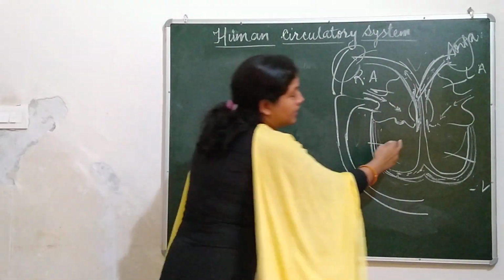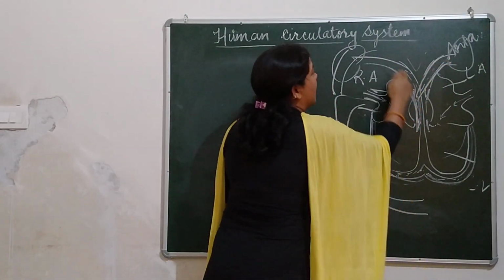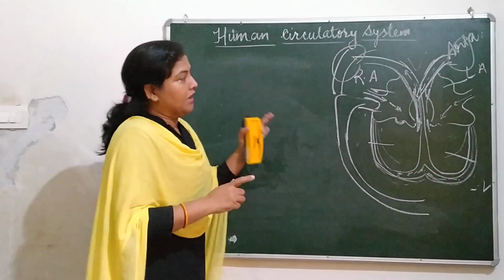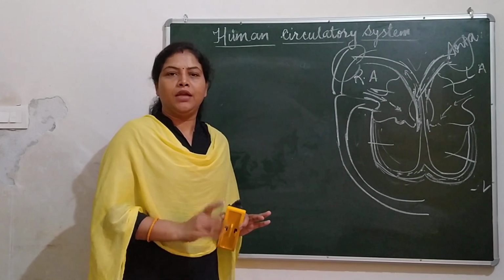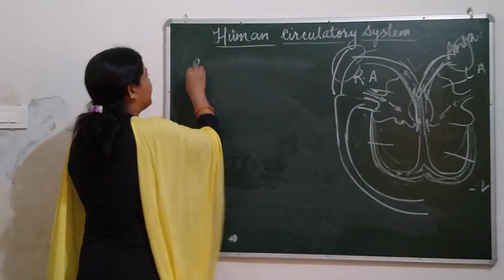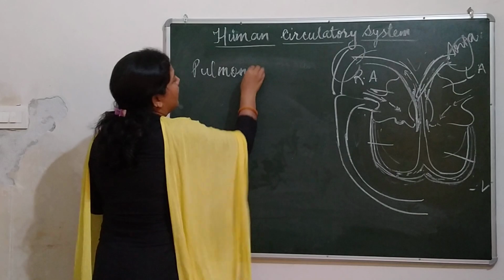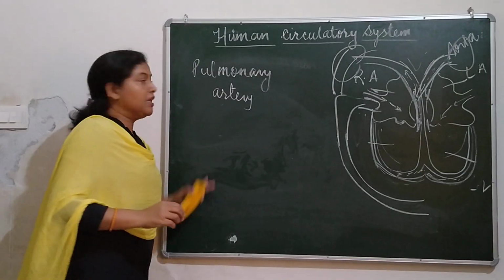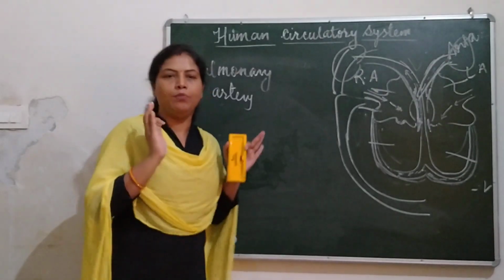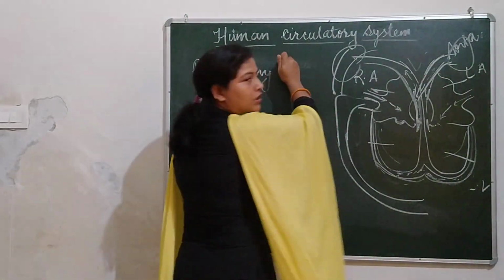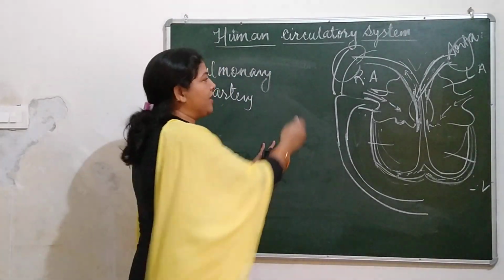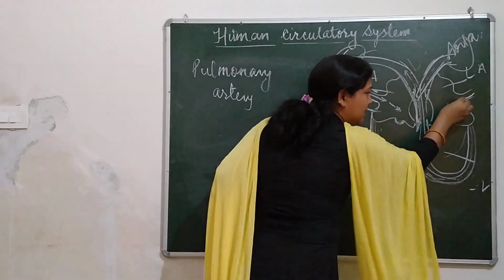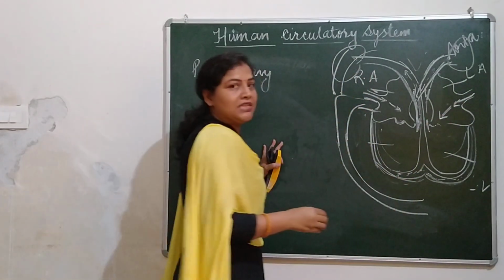This artery is known as the pulmonary artery. You know, arteries always carry pure blood except one artery, and that artery is the pulmonary artery. This pulmonary artery carries impure blood. So once it goes to the lungs and, right after purification, it is given back to the left part. Can you see this arrow? I hope you are seeing this clearly.